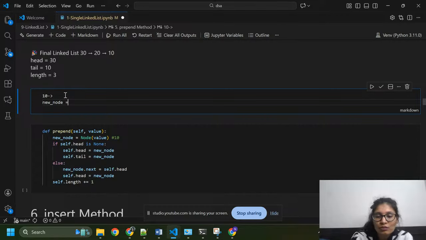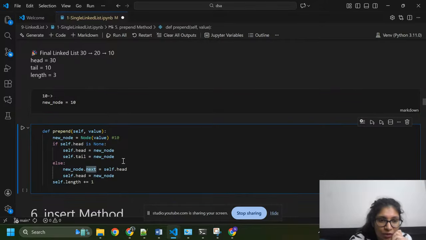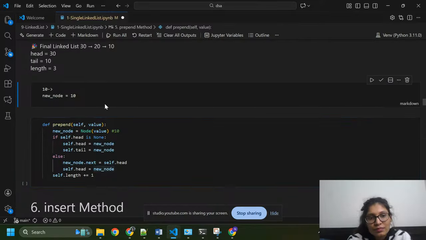New node dot next equals self dot head. This is head also. Now self dot head equals new node, and its length increased by 1. I hope you got it.